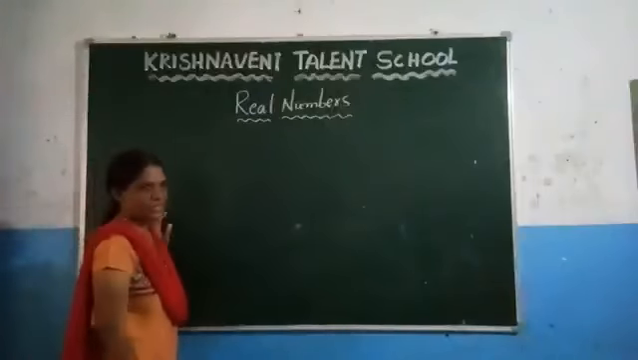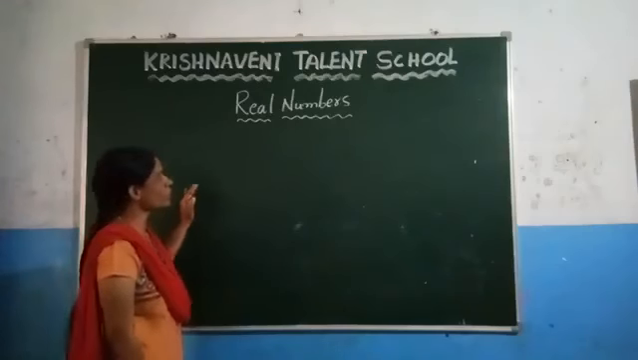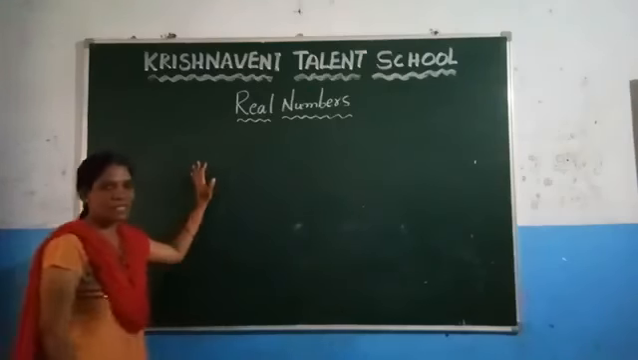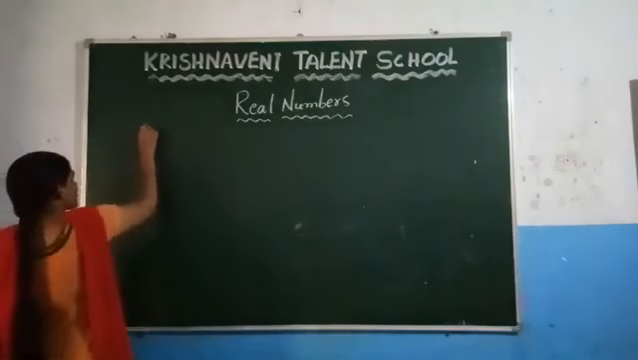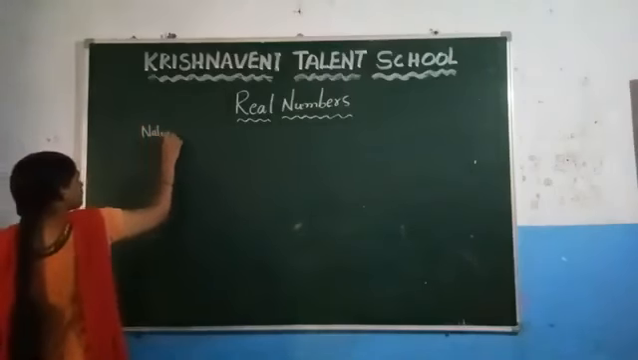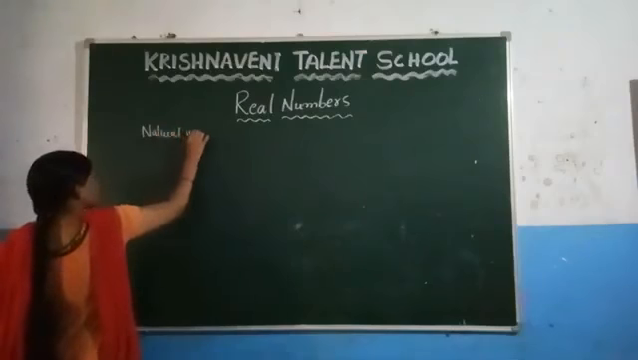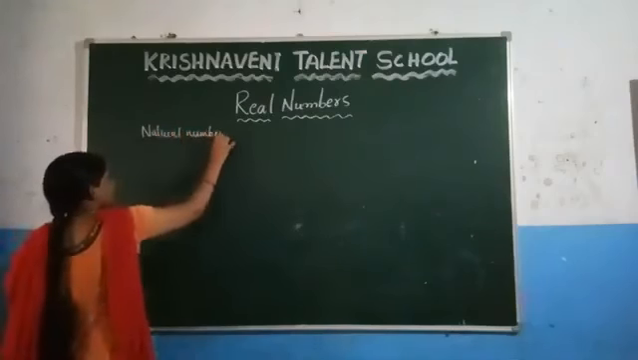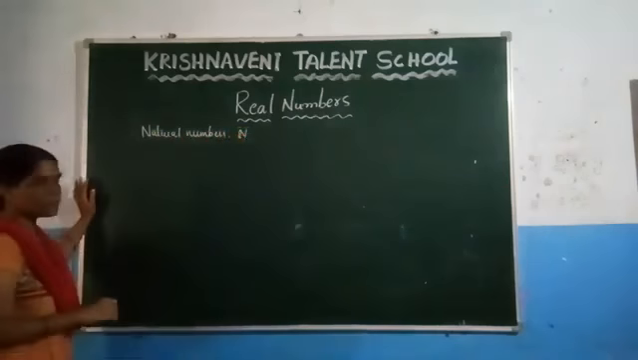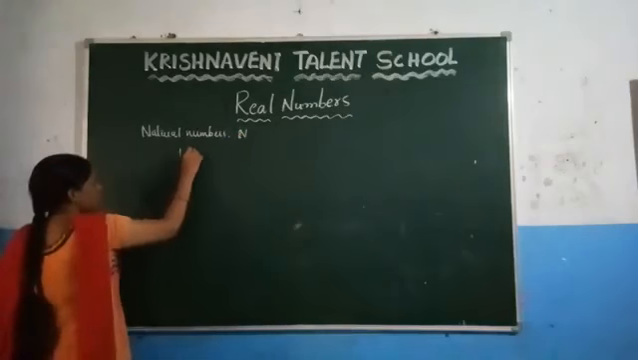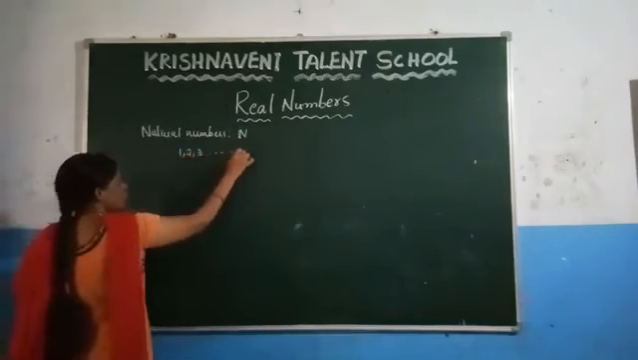Today we are going to discuss the real numbers. Before going to discuss the real numbers, let us have a recap about the various number systems. The first number system is the natural numbers, and the natural numbers are denoted by the letter N. The natural numbers are nothing but the counting numbers which start from 1, 2, 3 and so on, and